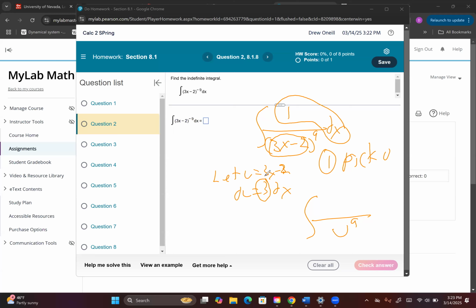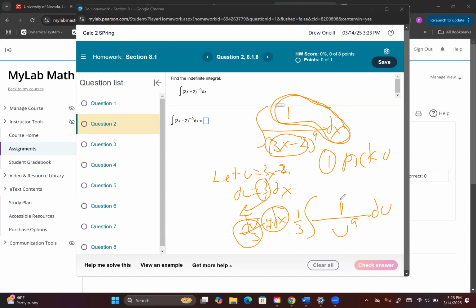We want to substitute this part out, not necessarily the 1, but the dx, so we need a du there. We have to move this 3 over. So we get du over 3 is dx. Imagine a 1 right here, right? So I can substitute this for this because they're equal. So I put a du over 3, but I'll pull that 1/3 out. So it's really this, right?